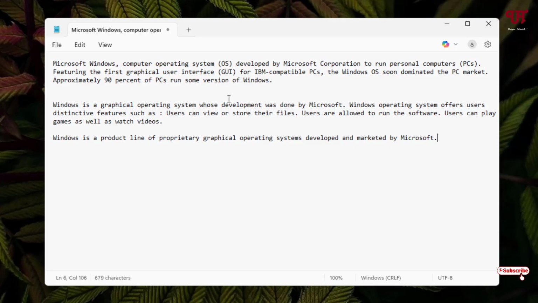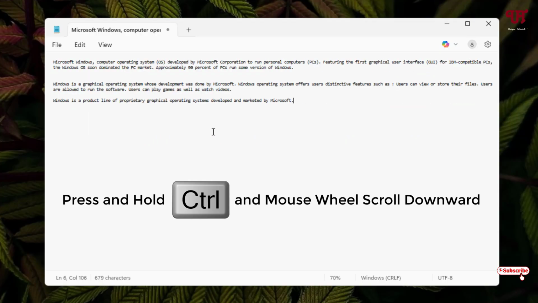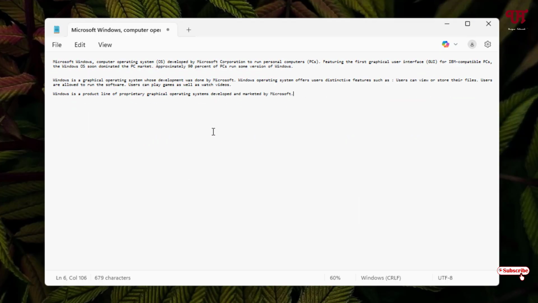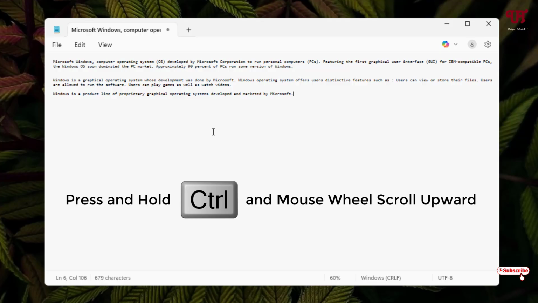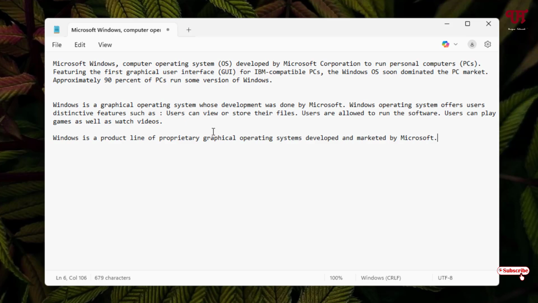Now the second method, using both the keyboard and your computer mouse. On your keyboard, once again press and hold the Ctrl key. Now just scroll your mouse wheel in the downward direction to zoom out, and to zoom in, scroll your mouse wheel in the upward direction. So you can see, by using these two methods, you can easily zoom in and zoom out type text